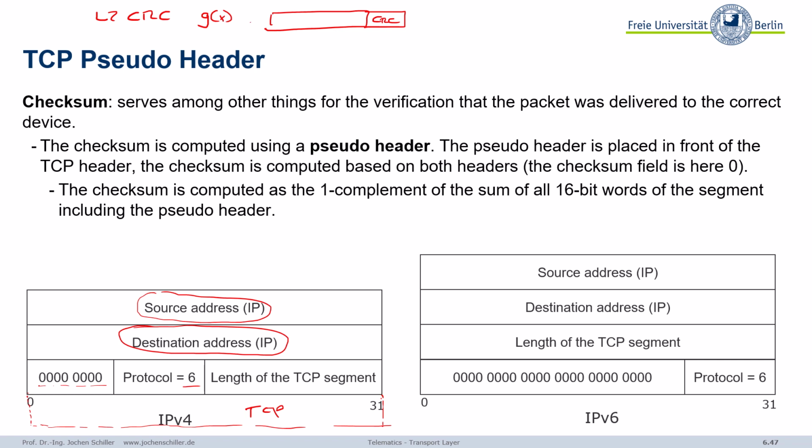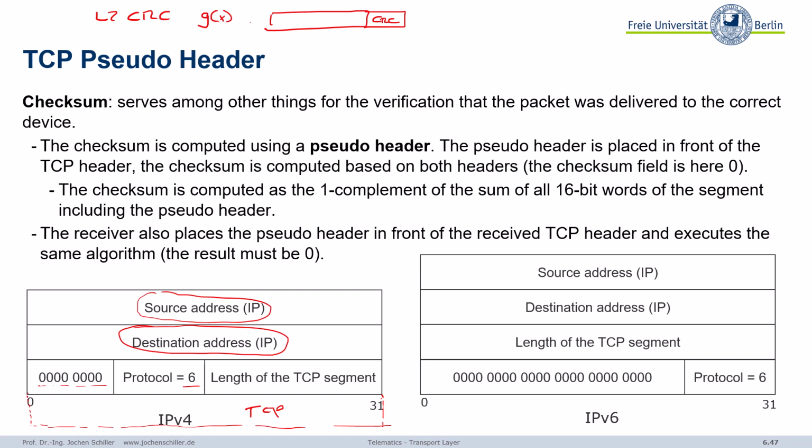Okay, what does the receiver do? The receiver basically does exactly the same: places the pseudo header in front of the received TCP header and data, and then executes the same algorithm. And in case of IP version 6, right hand side, well, it looks basically the same, but now remember,